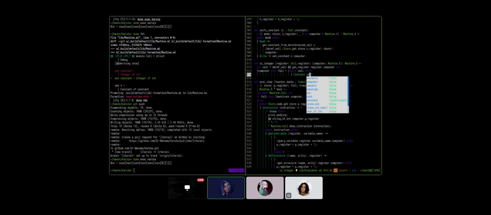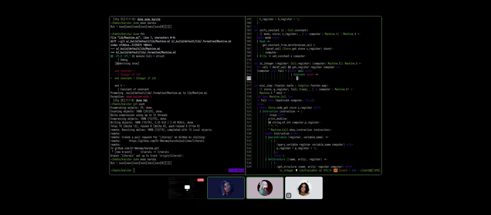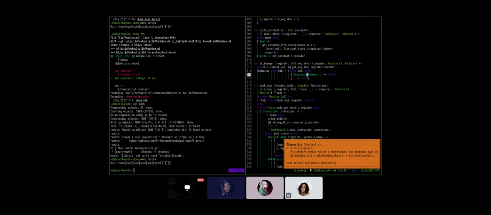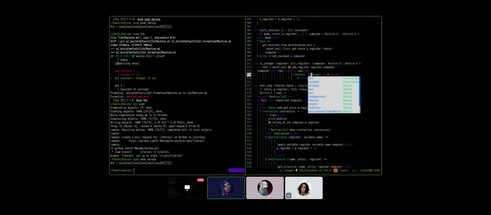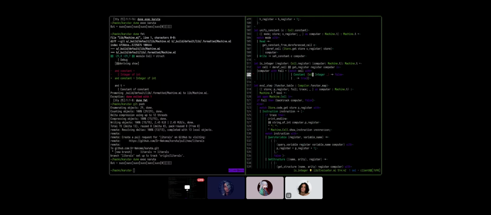Actually, that's it, right? Actually not even, you can go further. Just pattern match constant integer directly. That's it. Oh, this is fail, so this actually should be backwards. You're probably missing cell dot something. Yeah. And in the constant as well.